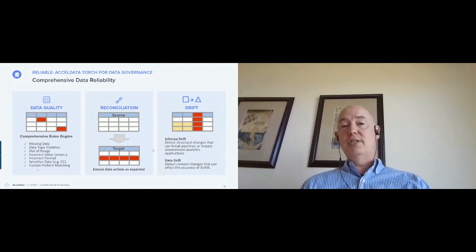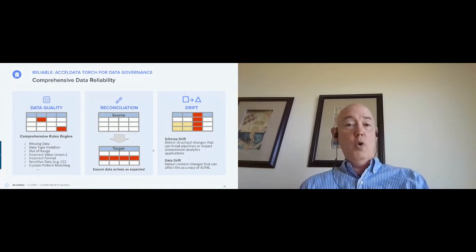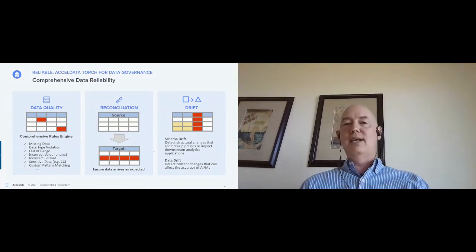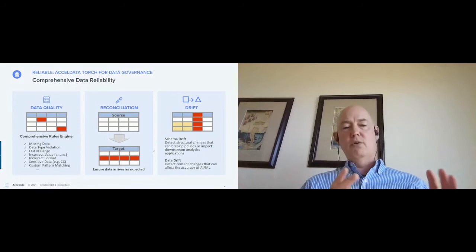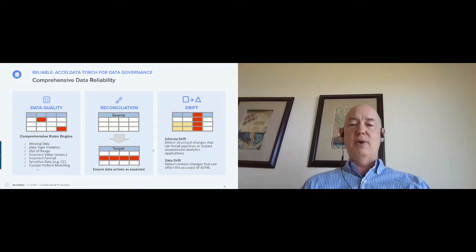It could be an indication that there's basically a trend that a business user would just want to see or know about. Or it could be an indication that it's time to retune or retrain or test your AI and machine learning so that they can continue to be accurate given new events or new trends that are showing up in the data. So that at a high level, being able to address classic data quality issues more efficiently, being able to ensure data in motion arrives as expected, and being able to handle different types of change, whether it's structural change or trends, is something that we bundle under the higher level term of data reliability.